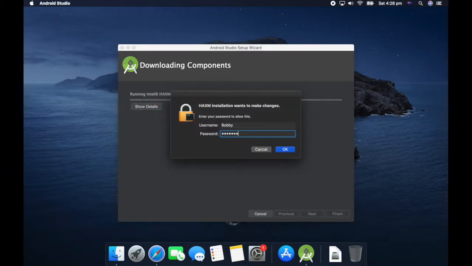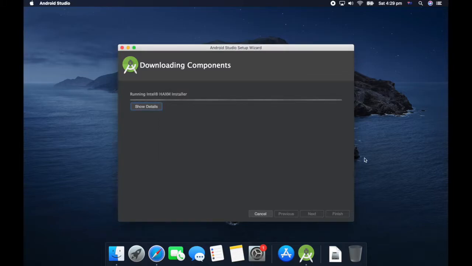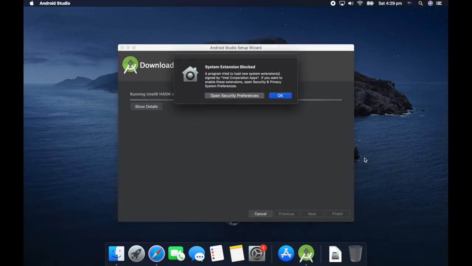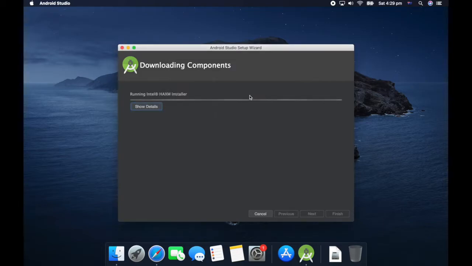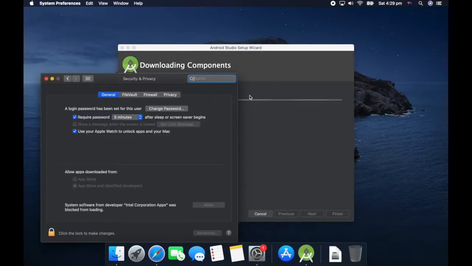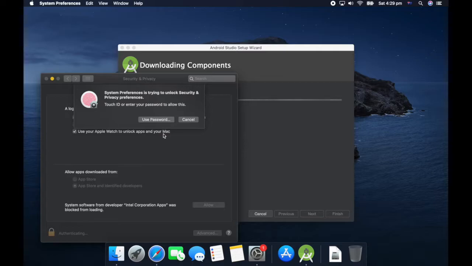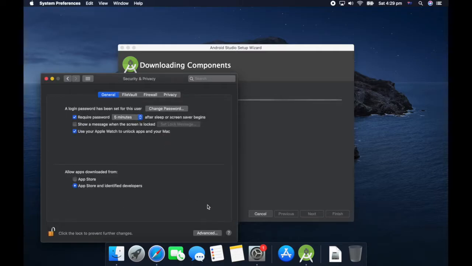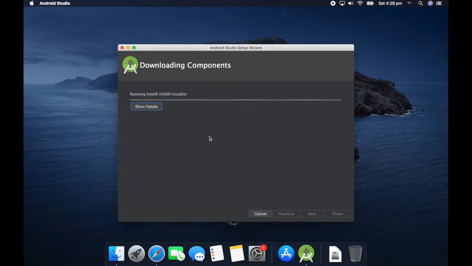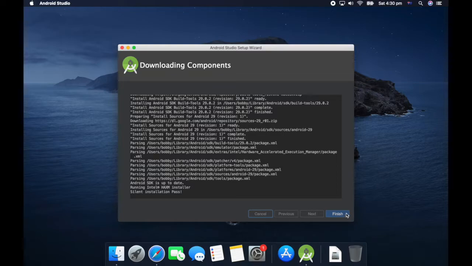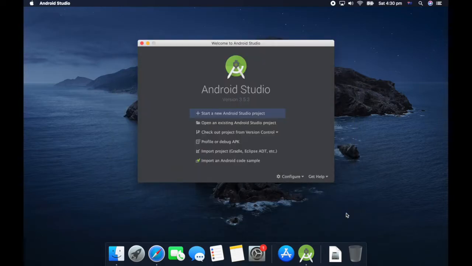During the install, I was asked for permissions to install Intel's hardware acceleration management tool. So I've just put in my password to allow that. I'm just going to allow the security to complete the install. Just go into my security and privacy, sign in here or just unlock. I'm just going to use my fingerprint and allow that to go through, and we'll be able to just complete the final parts of the installation process. Perfect, so the installation's now finished and we've been presented the welcome screen, and we can actually start our first